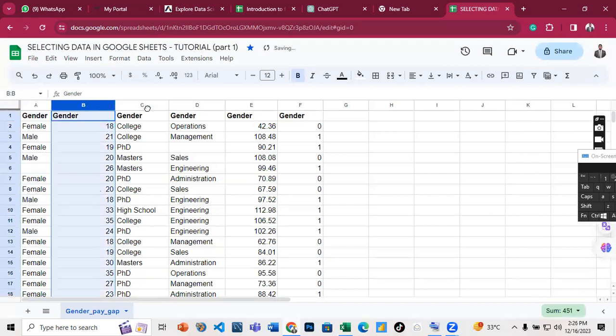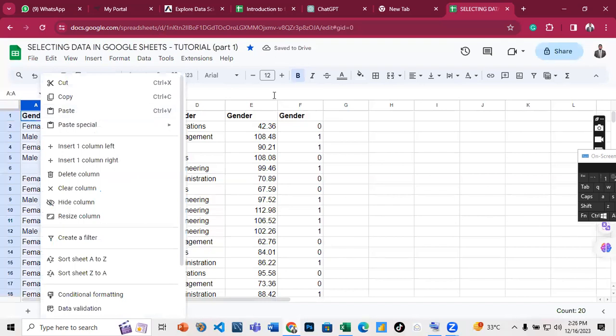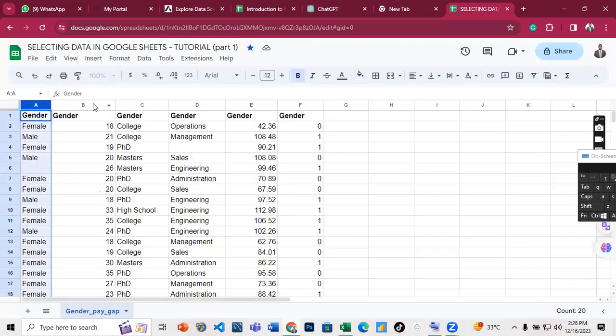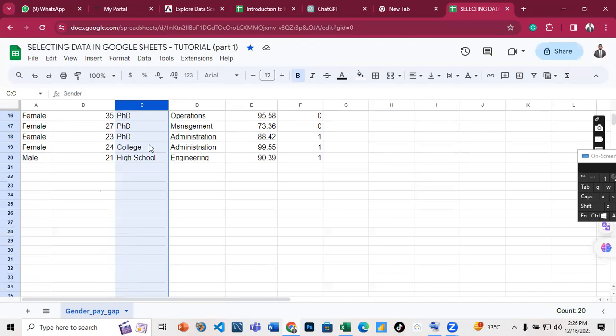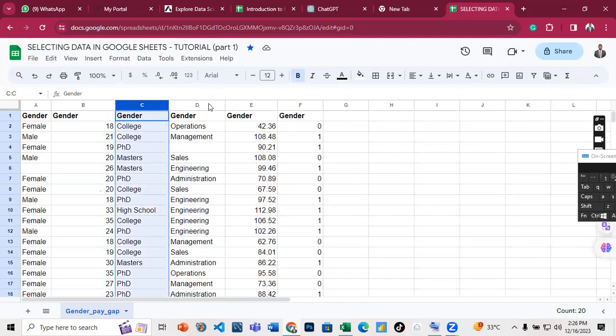What I'm doing is a manual selection. So if you want to select column A, you can just use your mouse, come to the column name, and after the column name, there is the column letter. Just come and click on the column letter. So I want to select C, click on C, and boom, anything you have on C would be selected. Come to column D and everything would be selected. But what if I want to select multiple columns? So now if you want to select multiple columns, I want to select column A